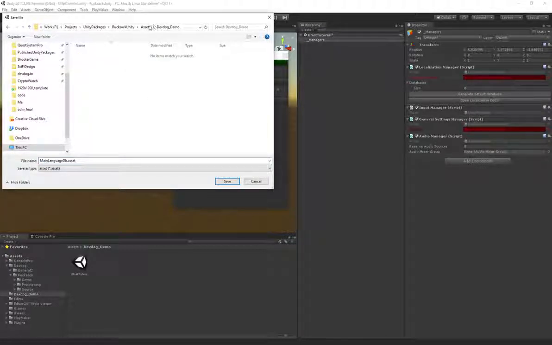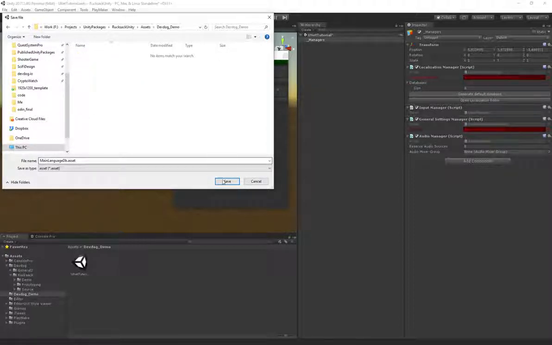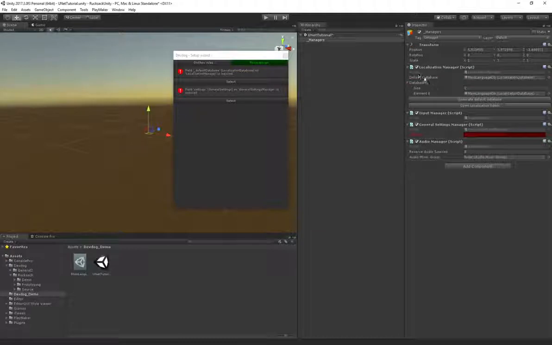Save everything in a separate folder, so don't save anything inside of the DevDoc folder, because if there's an update or you decide to remove the asset or whatever the reason is, you will lose your files, so just create a new folder and save everything in there. So I'm just going to save it here, and it links everything, and as you can see the red warning error